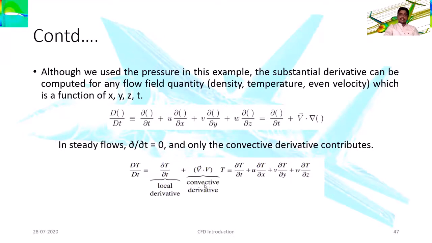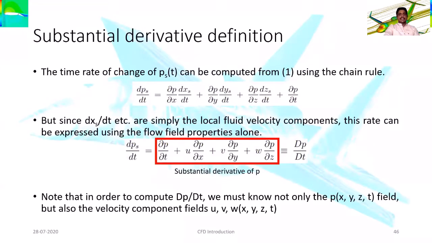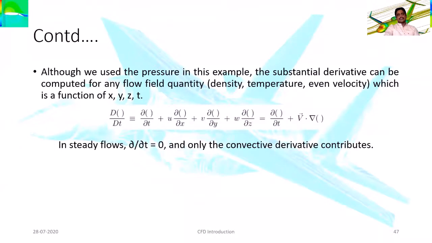What we have to notice here is ∂T/∂t, where capital T represents temperature and small t represents time. That is actually the local derivative, and V·∇ represents the convective derivative. The convective derivative in this expression is the complete u ∂/∂x plus v ∂/∂y plus w ∂/∂z. These are all convective derivatives. When we expand it again, we get the substantial derivative definition. This is the simple way of expressing the substantial derivative.